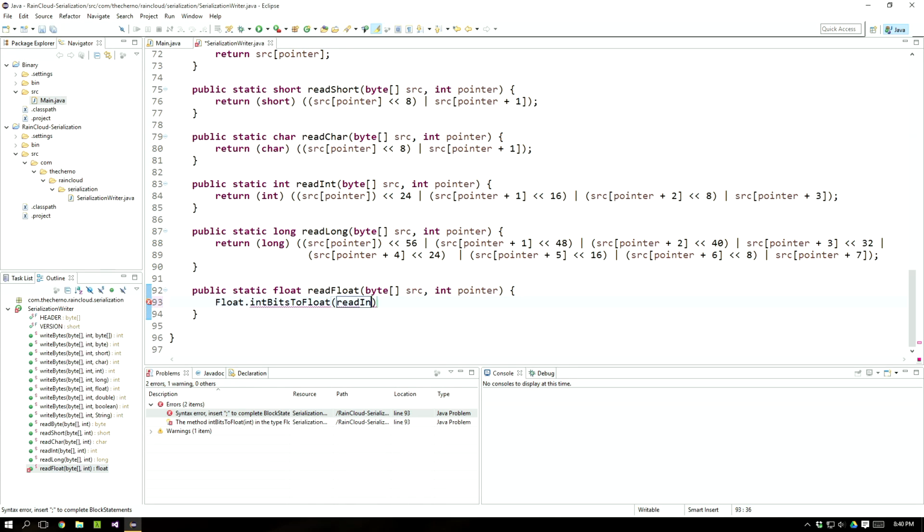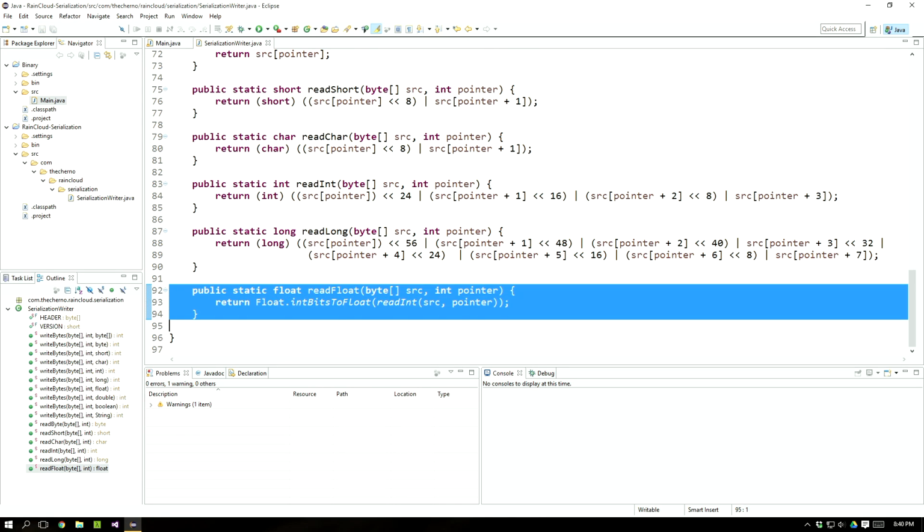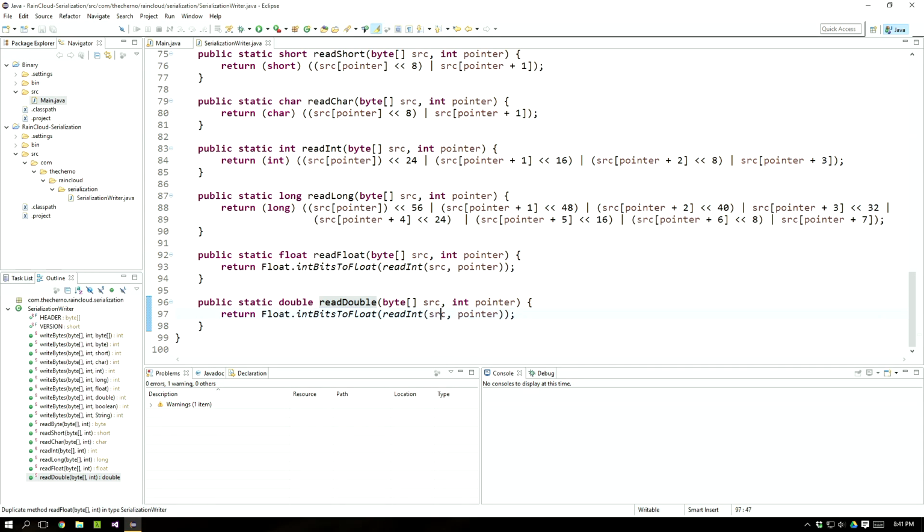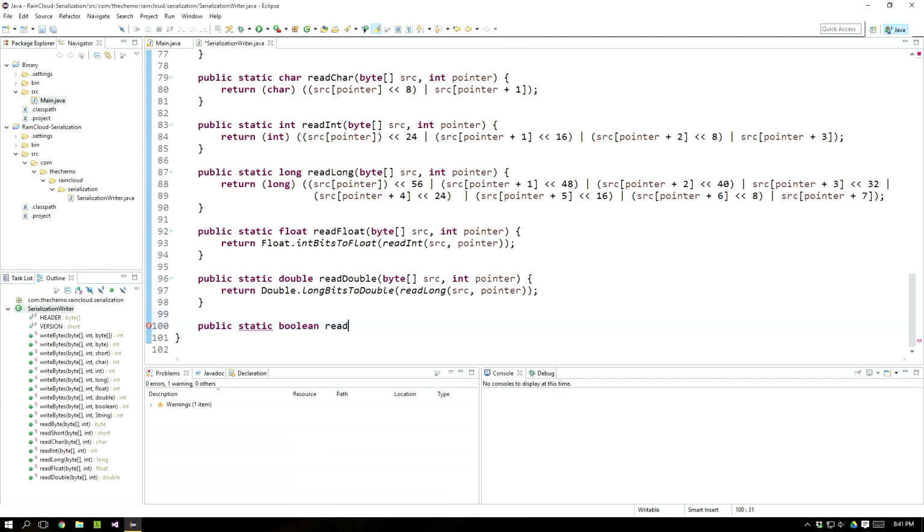But we can just read an int, of course, being source pointer, and then cast that to a float, and then just return that. So it's actually quite easy. Double will kind of be the same. And not really cast it to a float, just call the float int bits to float thing. Read double, so of course we'll change this to be read long. We'll change this to be double dot long bits to double, and we're done. Okay, and then finally for booleans, as you can probably imagine, static boolean read boolean byte source